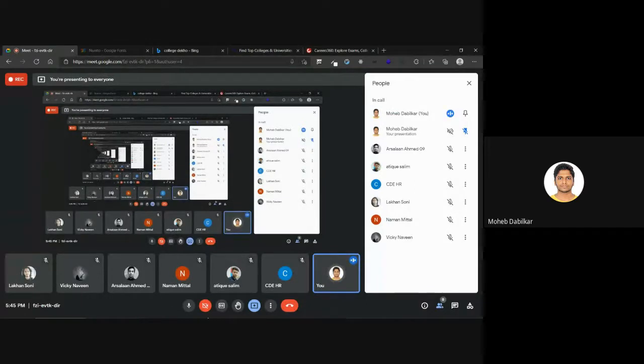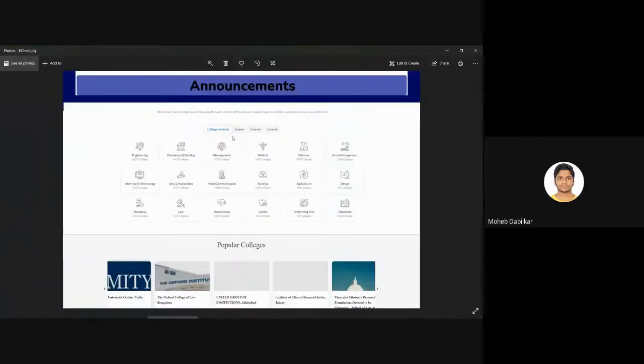I will pick Vicky. Can you do it? Yes, sir, I can. But how do you want it? There are menus like colleges in India, exams. When I click on exams, should those icons change? Yeah, the icons should change. Don't go till there. Just design for now.